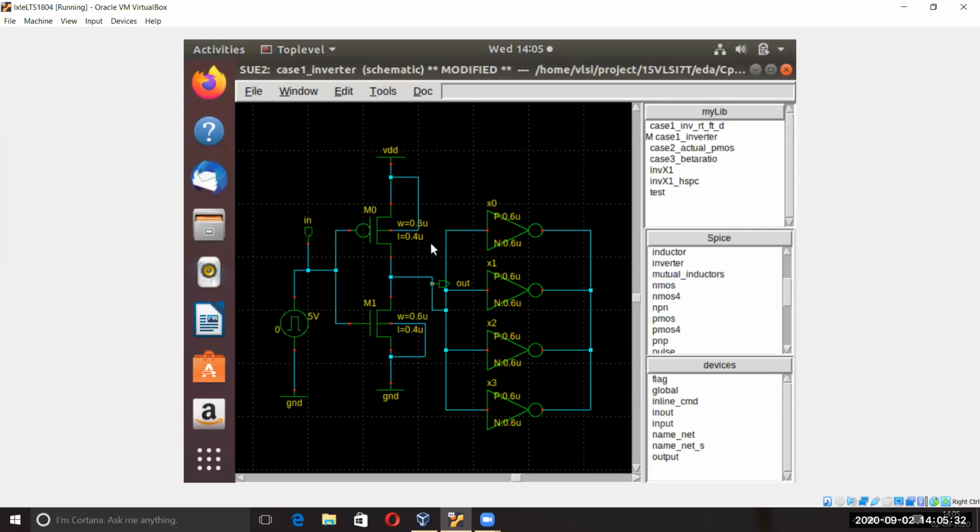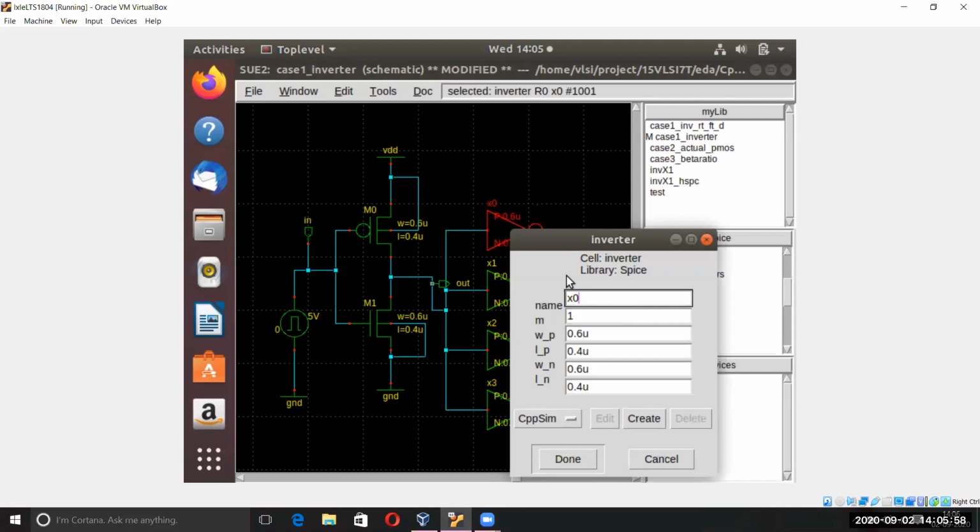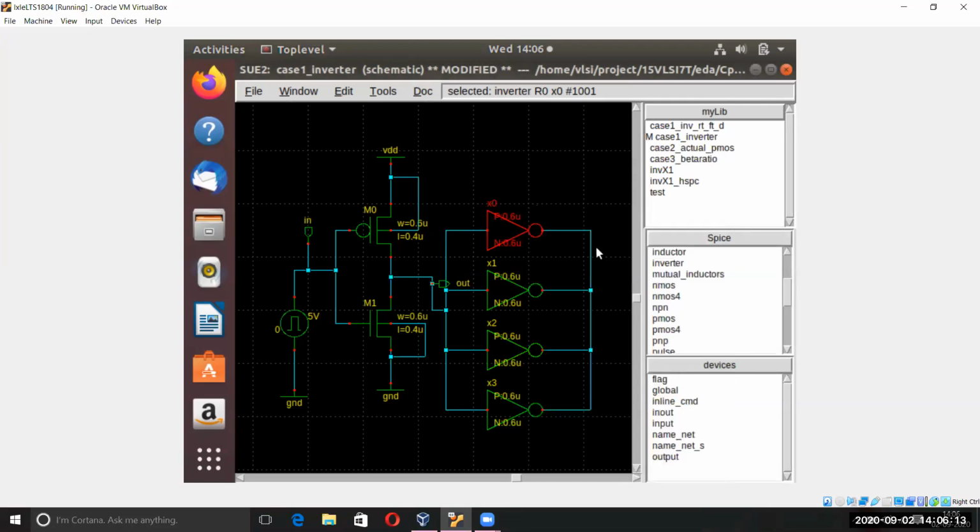We have seen the output. We are interested in measuring here, so we have to connect the output measure. When you drag it with inverters, it will be of some different sizes, 2.4 and 1, so you have to change this. Just click on that and change. The name you can give anything. Just change to the least one, 0.6, 0.4, 0.6, 0.4. Similarly, you can do it for all of the four cases here.